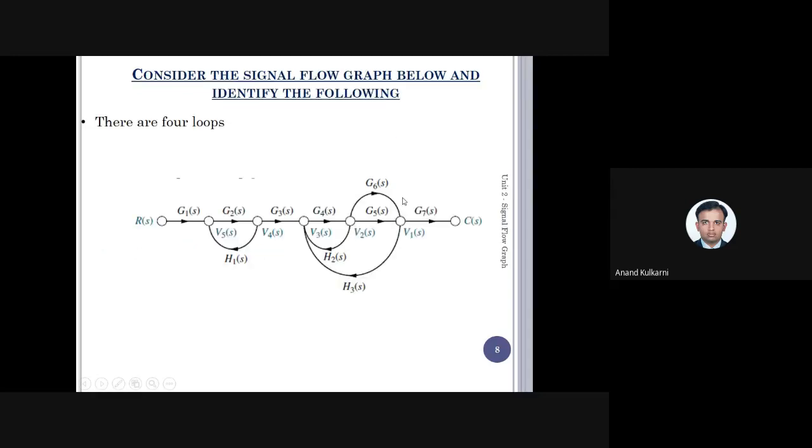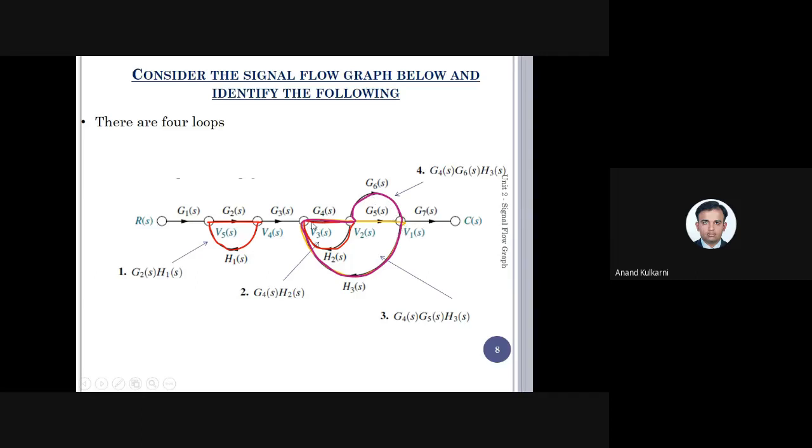Whereas in case of a loop, it will start from one point and return to that point. Now in this case, L1, just see here, it started with 2, went to 3 and returned back to 2. There is one more: it started with 4, went to 5, again returned to 4. Then in this case, it started with 4, passed through 5, went to 6, and from 6 returned back to 4. Then one more, it started with 4, went to 5, and instead of going like this, it went from 5 to 6 like this, and from 6 again returned back.